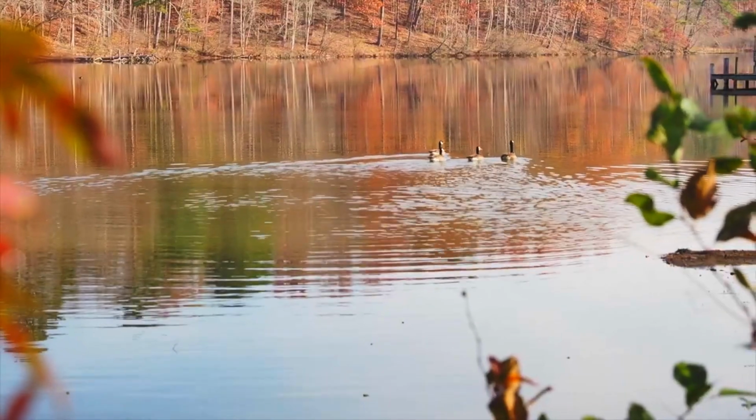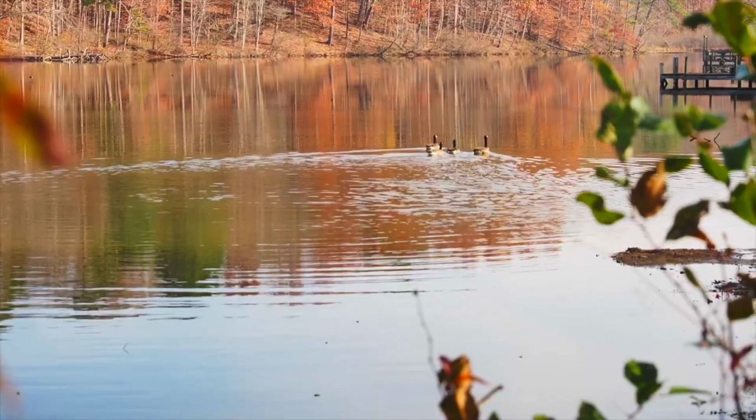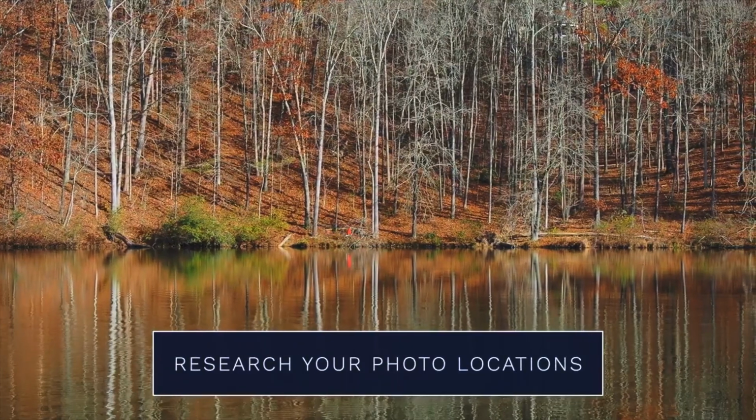These last two tips are more general bird and wildlife photography advice rather than gear related or technique. While it's certainly fun to explore a new location sight unseen, it helps to have some familiarity with your location to help better your